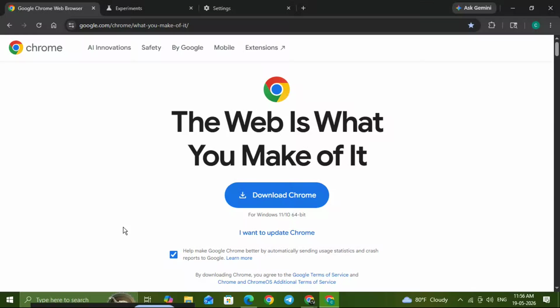If your mouse scroll wheel is not working in Google Chrome, don't worry. In this video, I'll walk you through a few simple fixes you can try right now. This is a super common issue, and in many cases, the problem is not your mouse at all, but a browser setting, a bad extension, or a temporary glitch inside Chrome. By the end of this tutorial, you'll know how to troubleshoot the issue step by step and get scrolling working